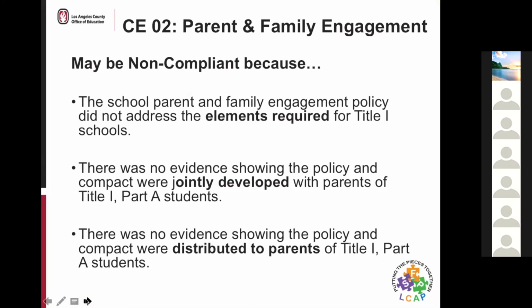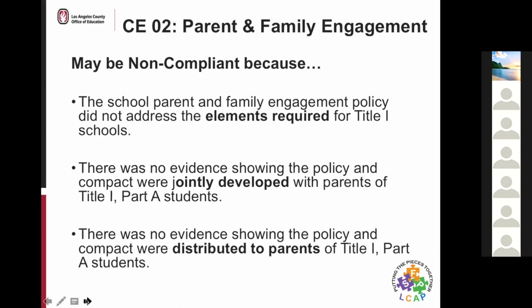Another reason is that there's no evidence showing that the parents were part of the joint development of either the policy or the compact. And lastly, what's common is that there's no evidence showing how these 2 items were distributed to the parents of the Title I students.